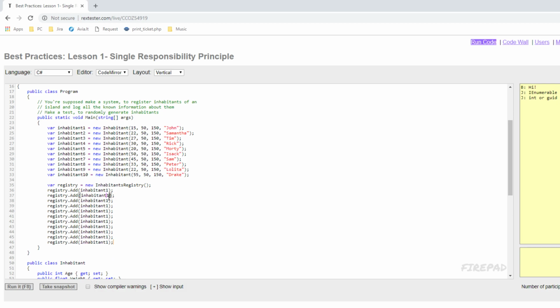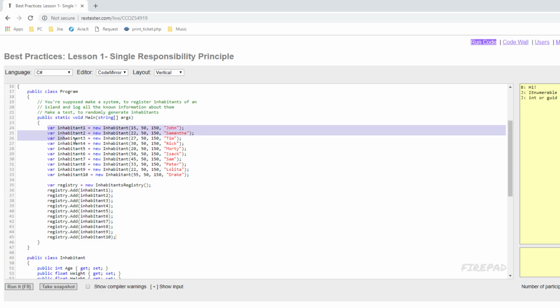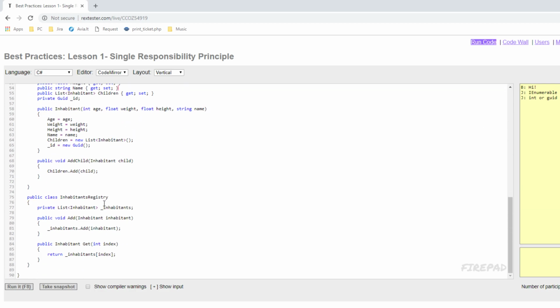So yeah, thank you. 2, 3, 4, 5, 6, 7, 8. We delete 6. 10. Okay, so we added 10 inhabitants. We generated 10 inhabitants. We created register, added them to register, and